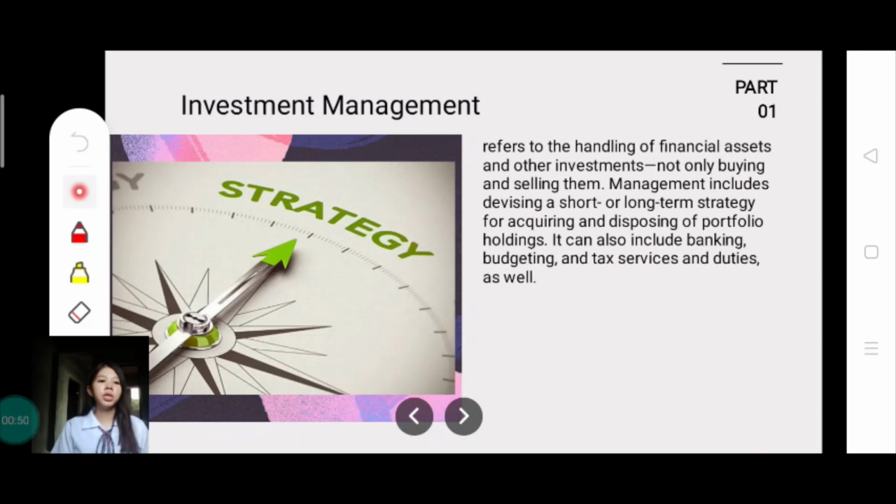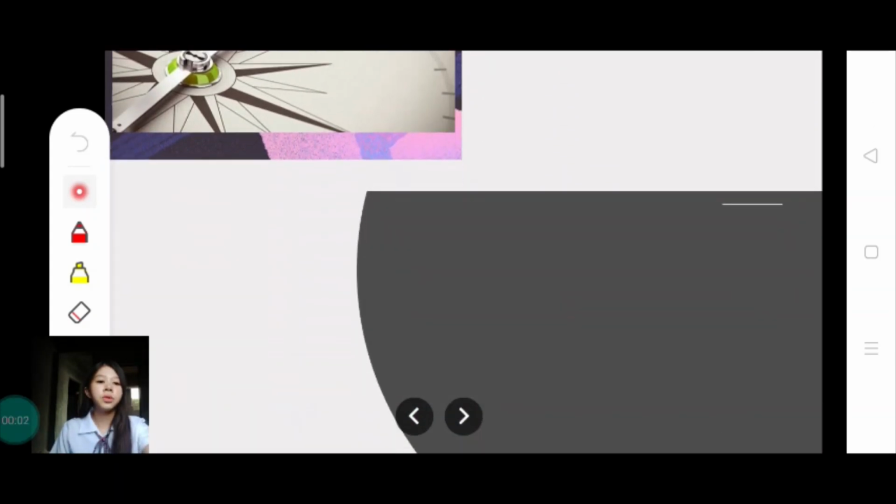Investment management refers to the handling of financial assets and other investments, not only buying and selling them. Management includes devising a short or long-term strategy for acquiring and disposing of portfolio holdings. It can also include banking, budgeting, and tax services and duties as well. Next,